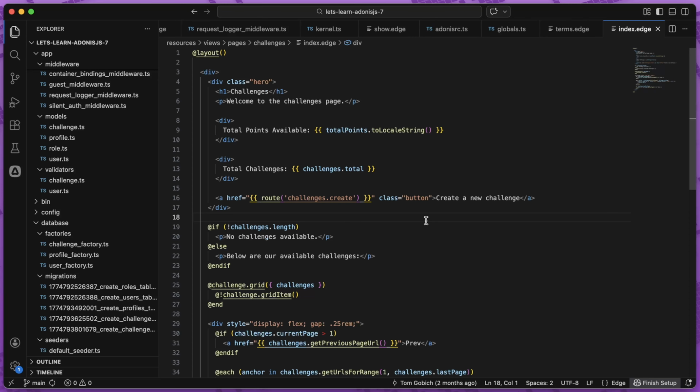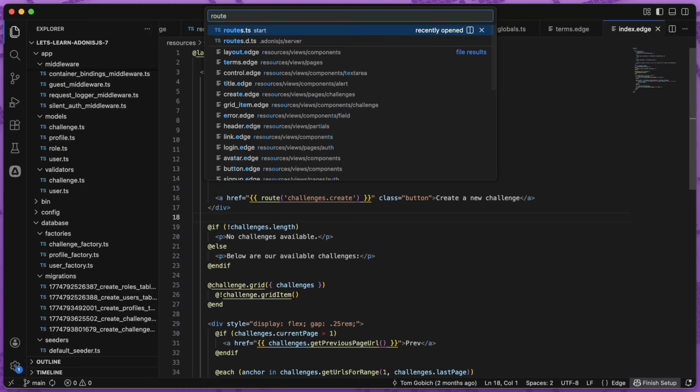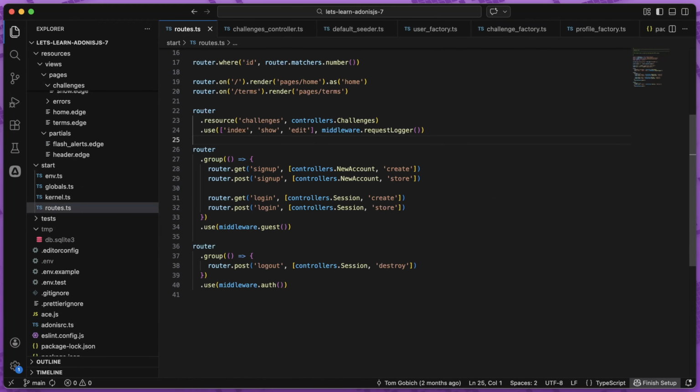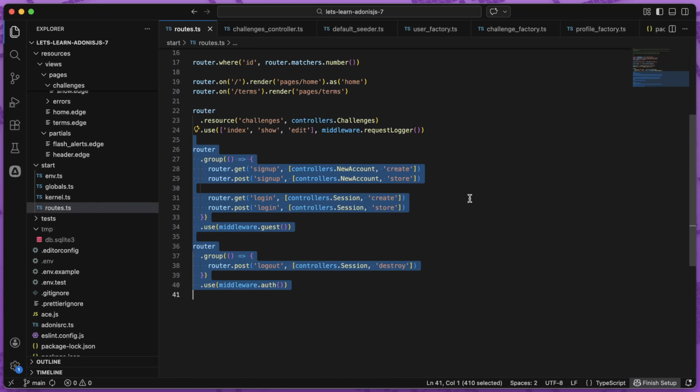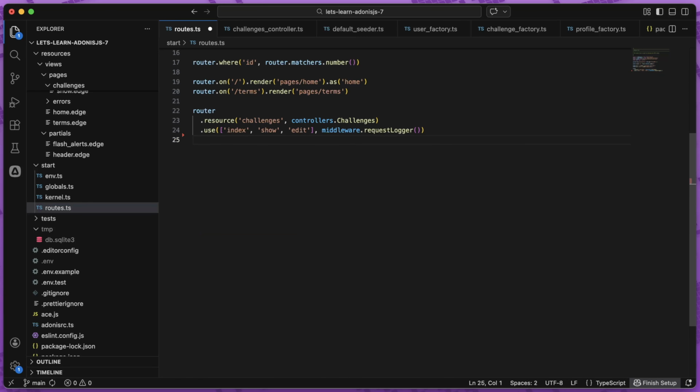Now, since we're already familiar with all of the authentication framework's EdgeJS syntax, we're going to skip that, leave that in place, and we'll just focus on the back end side of things. So to start, I'm going to hit Command P and we can dive into our routes.ts file within our start directory. And we'll start by just deleting out these route definitions for authentication. That's going to allow us to also delete those controllers so that we can re-implement them ourselves